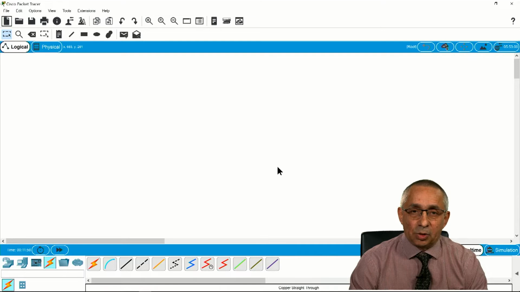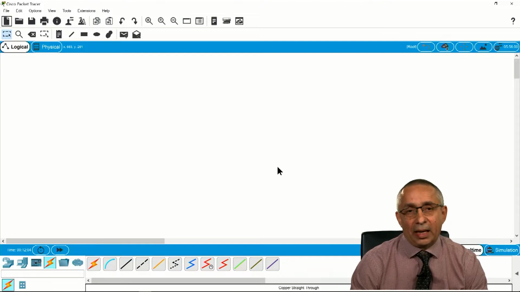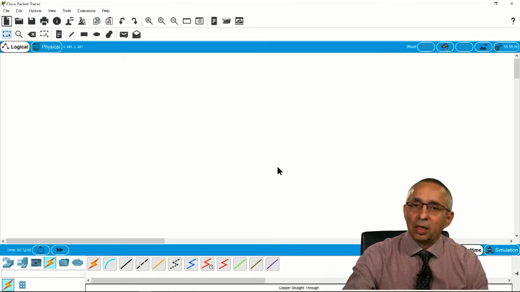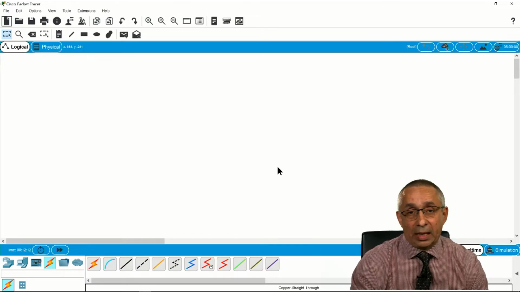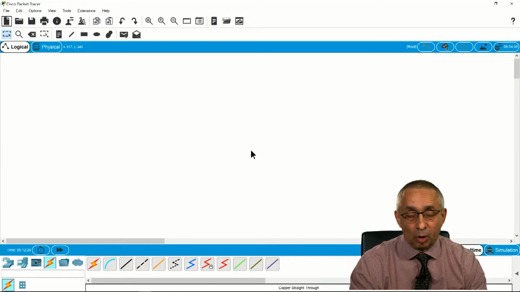Cisco Packet Tracer belongs to Cisco, and is a simulator. With this tool, you can simulate any network, from small office networks to very sophisticated different types of networks: WANs, LANs, the internet. You can simulate almost anything. In this case, today I'm going to build a small network, like your home office network.